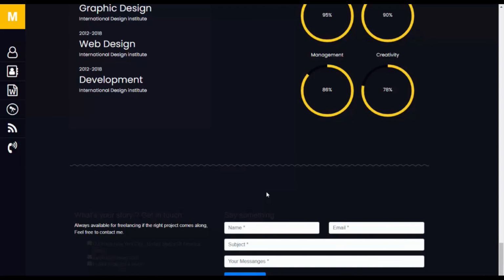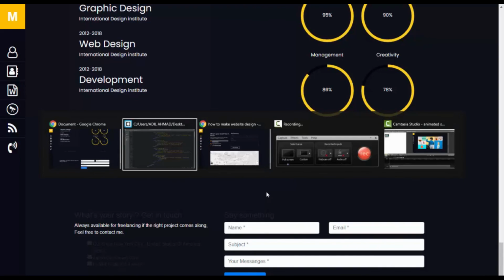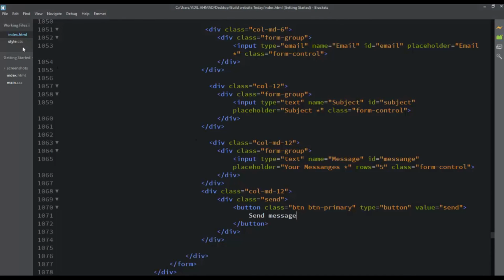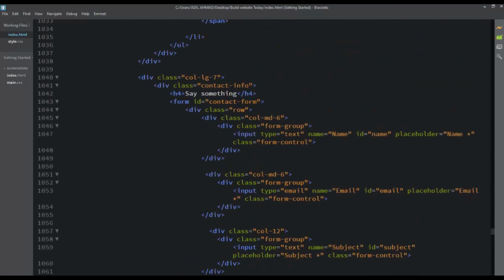Now we'll do some styling. Here on the index page, I'm going to the style.css. Very first class we have is contact-info. This contact-info class we will target in the style.css because this is the main class for this contact